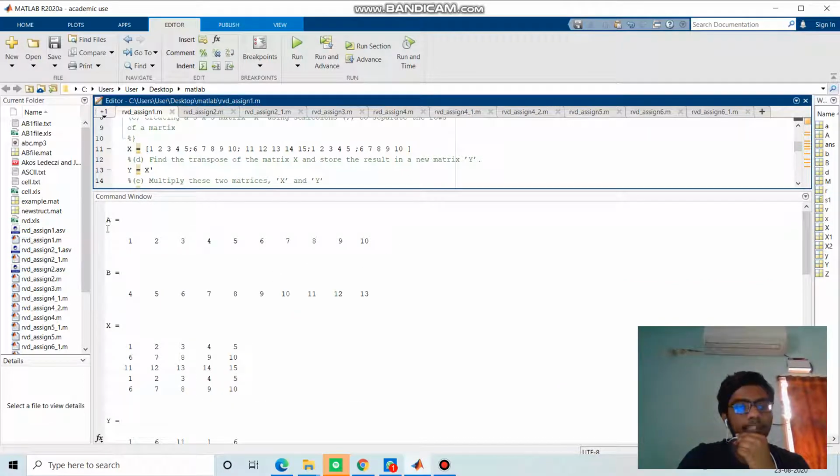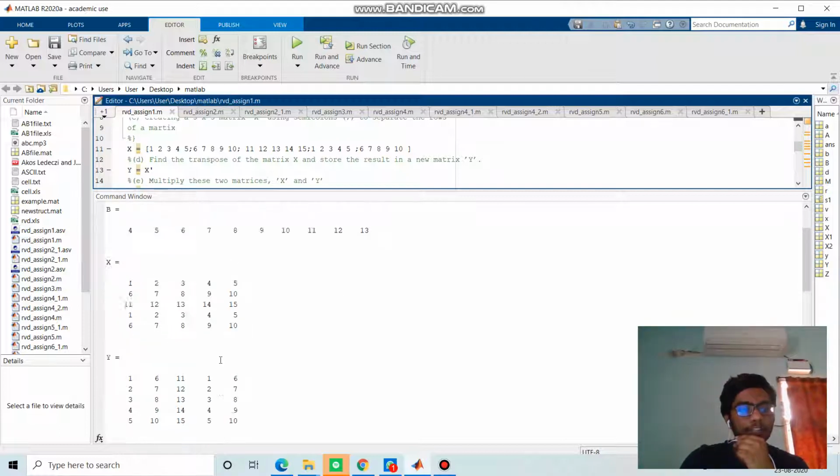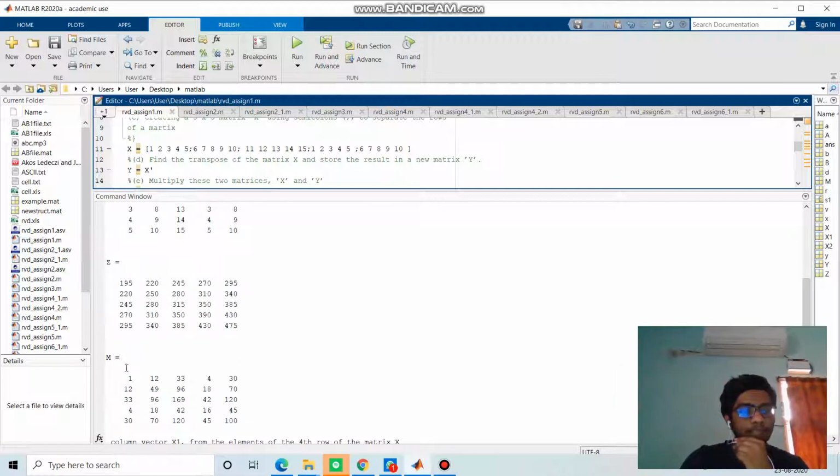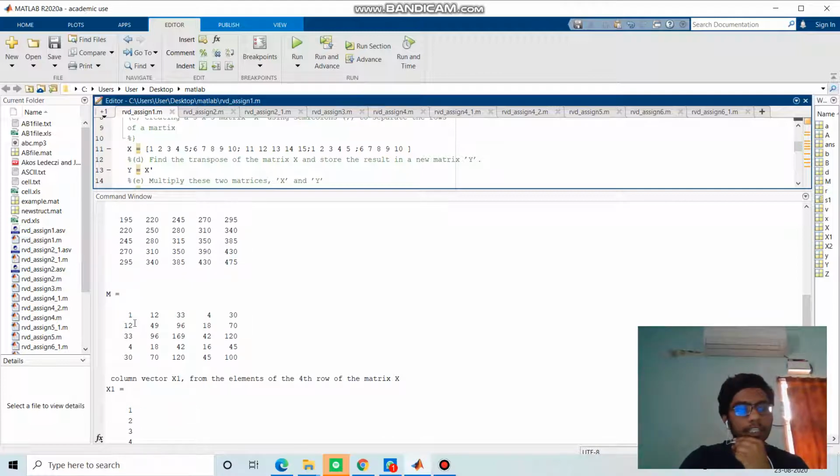You can see this is the matrix which we have created, and then we have added 3 to each element of the matrix A, and then this is the 5 cross 5 matrix we have created. This is the transpose of the matrix X. This is the multiplying of two matrices X and Y, and I missed the multiplying of corresponding elements of the matrices X